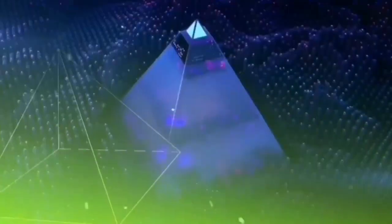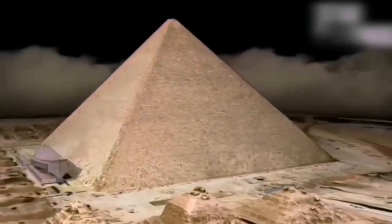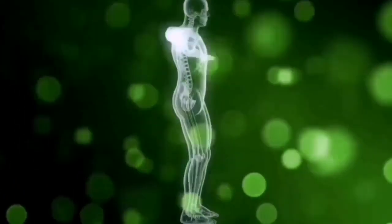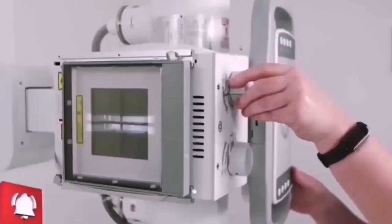to X-ray the entire structure of the pyramid, and this is because when we do X-rays, the radiation passes through our body and penetrates the tissues, but it partially stops when it collides with objects that have a high density in our bony body, and this makes the X-ray machine capture the shadow that the bone casts from the fall of these rays on it. In the ScanPyramids project, scientists did not use X-rays, but they used cosmic rays, which are like sprays of particles with high atomic energy